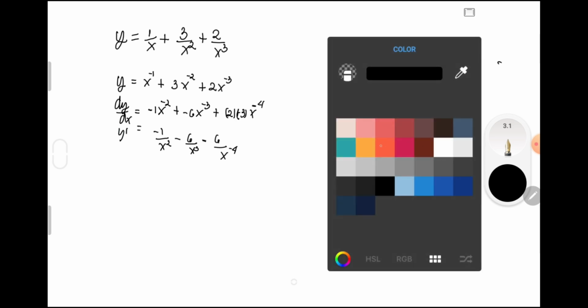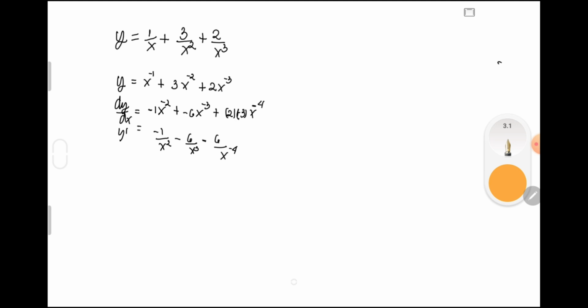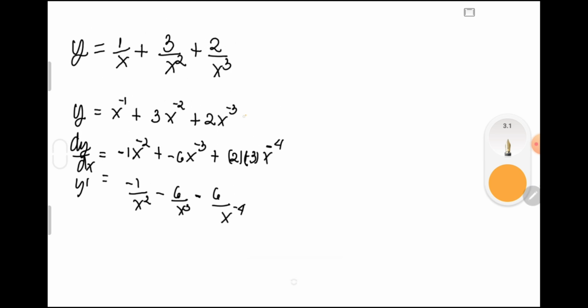So how did we do that? Take note that we would use the sum rule and product rule. In this, pwede lang po natin ilagay na y is equal to, or dy over dx is equal to the derivative of x raised to negative 1 with respect to dx plus the derivative of 3x raised to negative 2 with respect to dx plus the derivative of 2 multiplied by x raised to negative 3 with respect to dx, and then after that